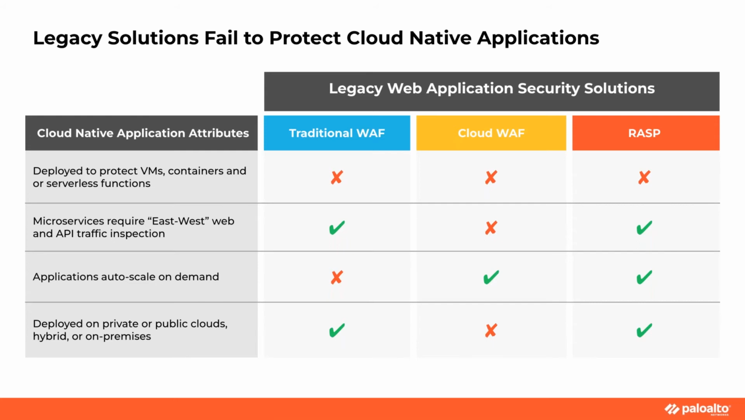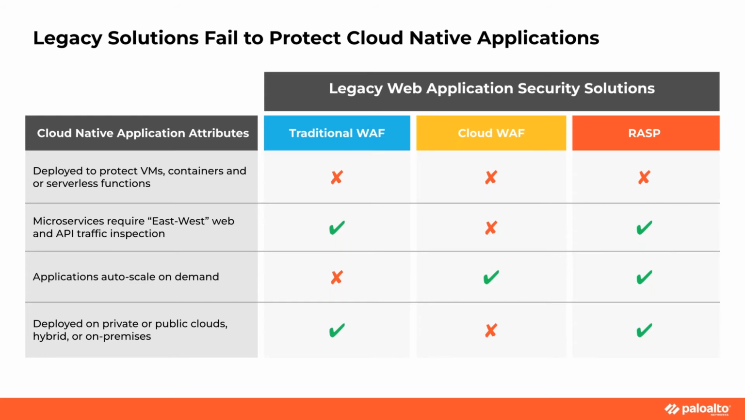And last but not least, we have the RASP model, the runtime application self-protection, which is essentially embedding an agent that instruments the application and sends hooks into the application code and monitors the behavior of the application and its input. So let's look at these three models and see where they have drawbacks or where they fall short in protecting